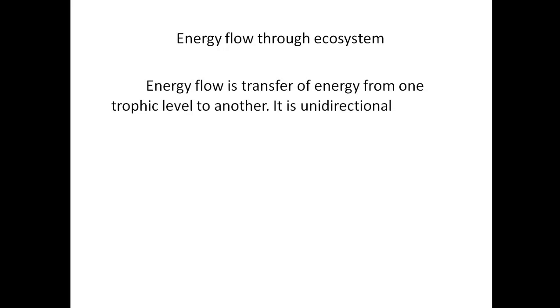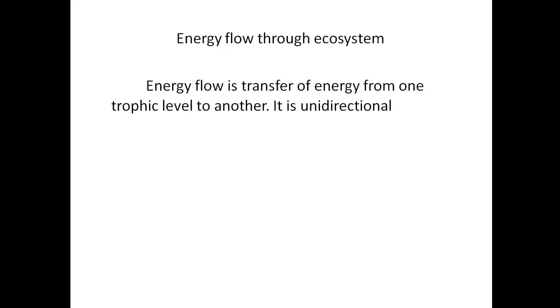So if you take a grassland community, how does energy flow in a grassland community? That means in a community where there are a lot of grasses and some animals there in the grassland. How does energy flow? So in a grassland community, the green plants trap maximum light energy. We've already talked about it because they are the producers. This energy gradually decreases towards the top consumer level as energy is lost through respiration and death.